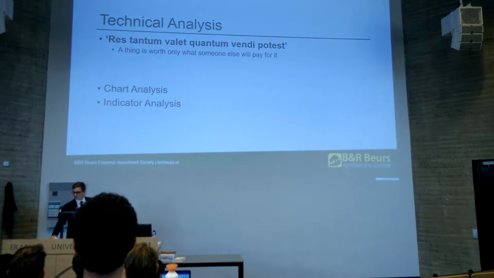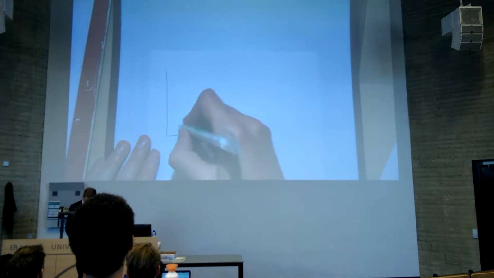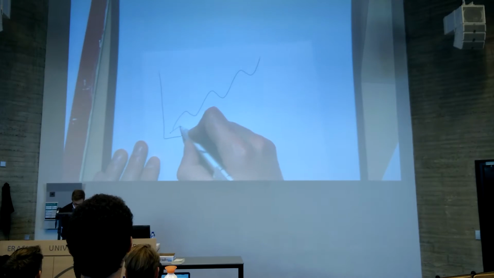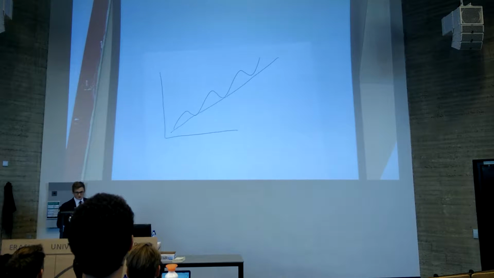And what these people do is they're going to produce some trends in a stock price. And trends can be upward sloping, downward sloping, or sideways. And what an upward trend is nothing else than higher highs and higher lows. And if you connect the lows with the line, you can